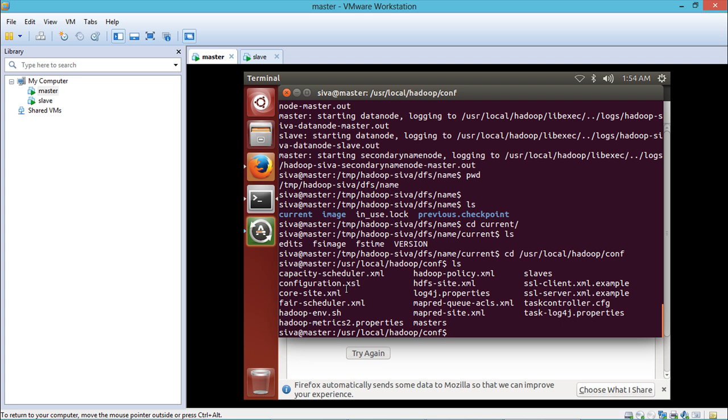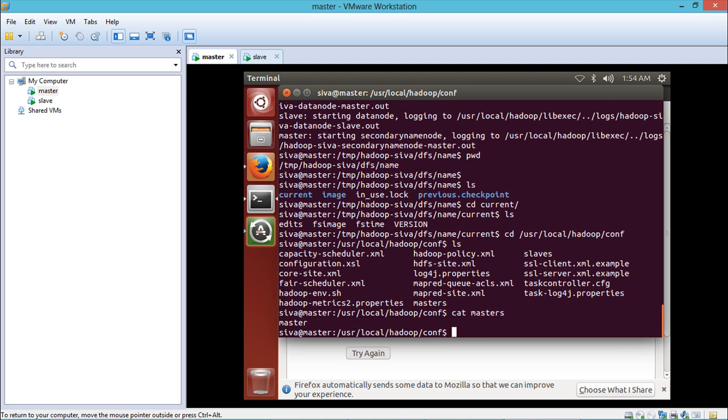There is a file called as masters. Do you remember? Masters. I'll just cat it. Here we have written some machine name, or I can write the IP. Whatever IPs are listed here in this masters file, on those machines secondary name node will be started,